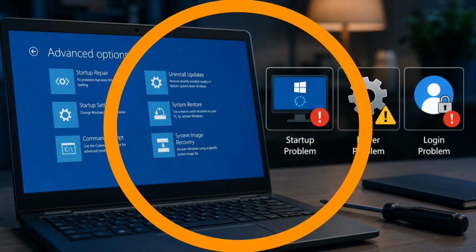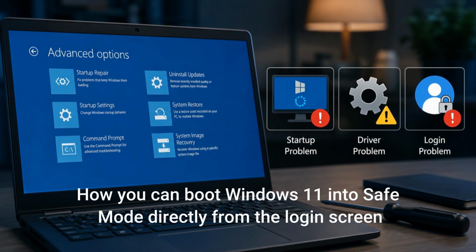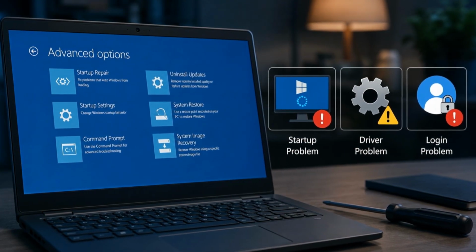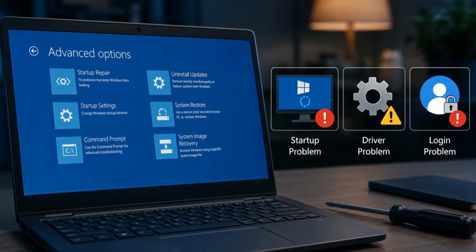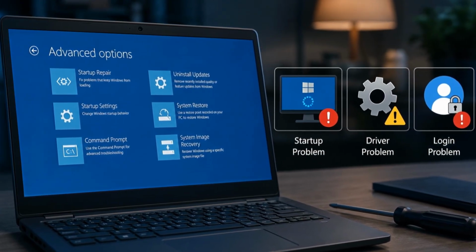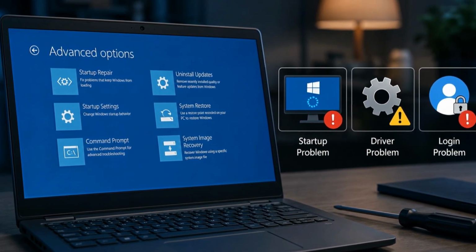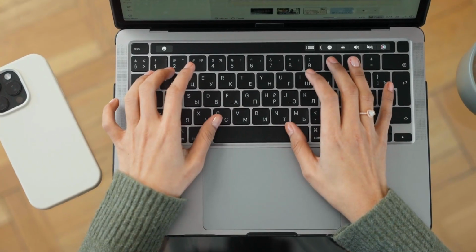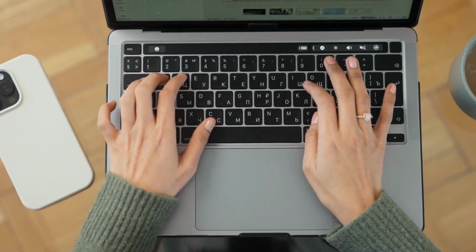If you still have trouble signing in after restarting, you can use Safe Mode to investigate recently installed drivers, applications, or other changes that may be causing the login problem. And that's how you can boot Windows 11 into Safe Mode directly from the login screen. This can be especially useful when you are unable to access the desktop and need to troubleshoot a startup, driver, or login related problems. I hope this guide helped you get back into Windows and identify what was causing the